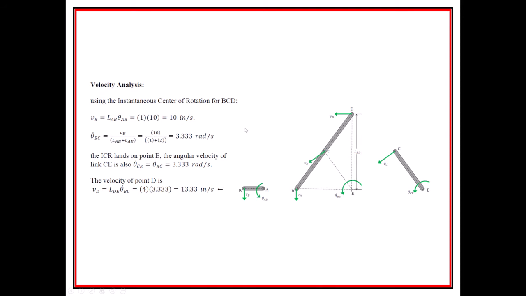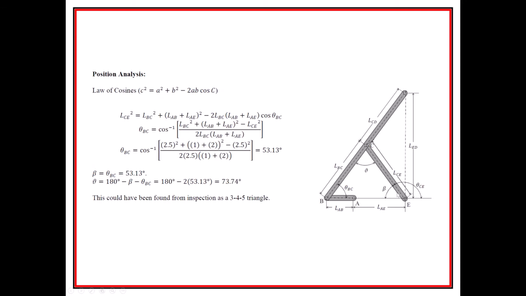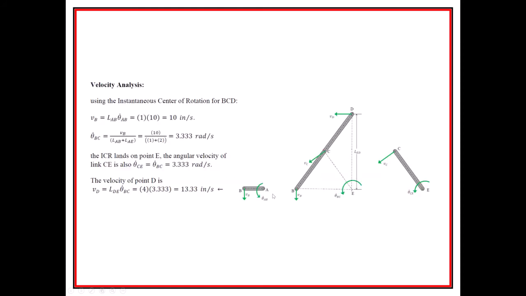Now, from the instantaneous center of rotation method, we do a velocity analysis. We find the length of LAB, right here. That's the input, and that's what we're doing right here: we're finding this velocity. And we find this velocity, and then we can find what the angular velocity of BC is going to be,